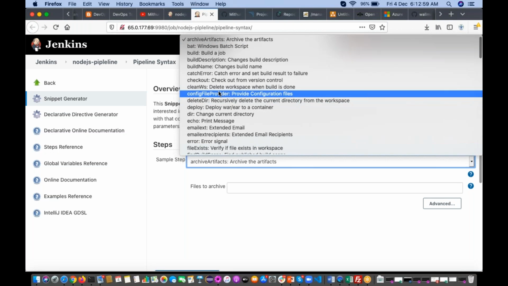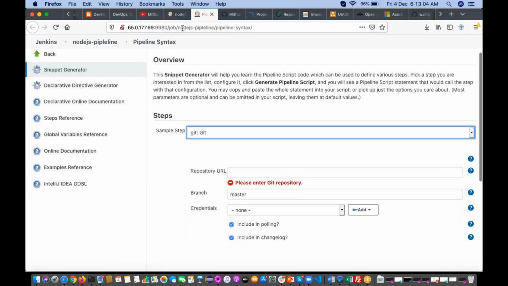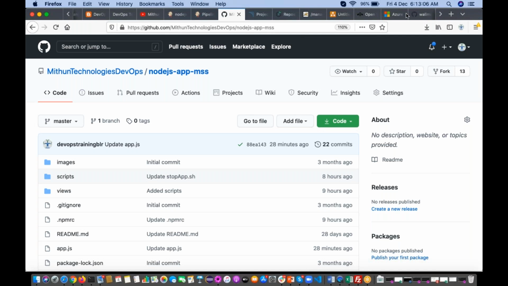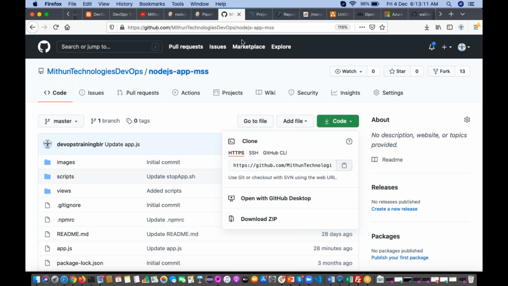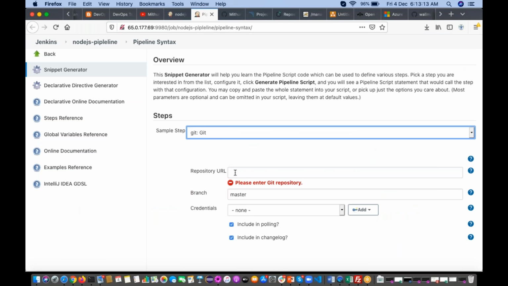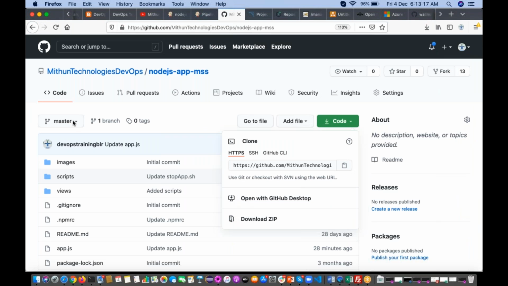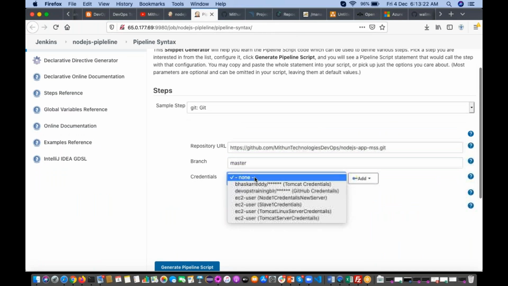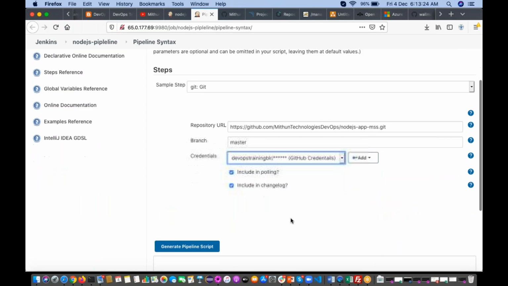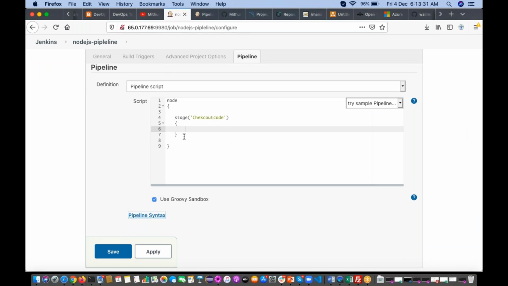Here you can use git, give the repository URL. This is my repository URL. Go here, branch. Right now only one branch is there. Leave it master. Select the credentials and click on generate pipeline script. Copy this one and paste it here.